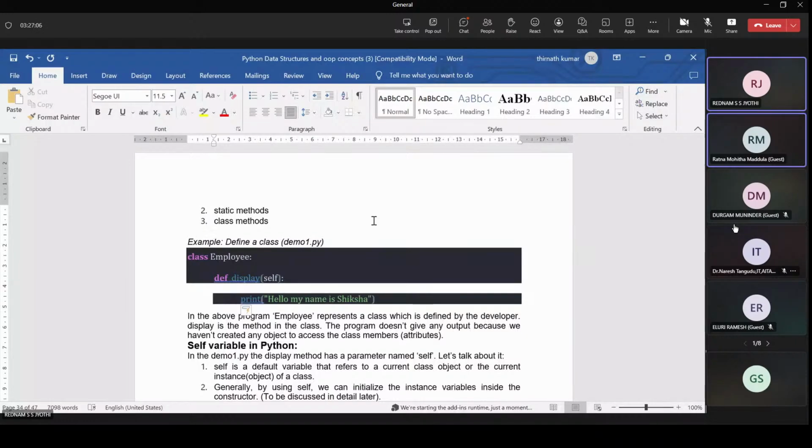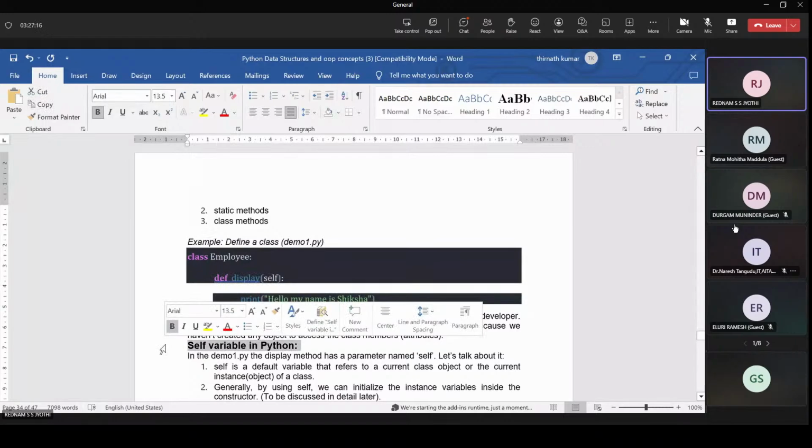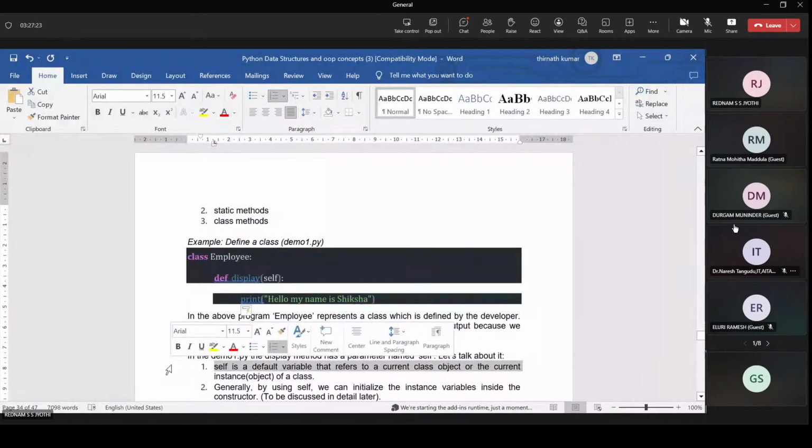So here vehicle acts as the class, and the specific vehicles, that means car, bus, lorry, truck, are all specific objects of the vehicle class.